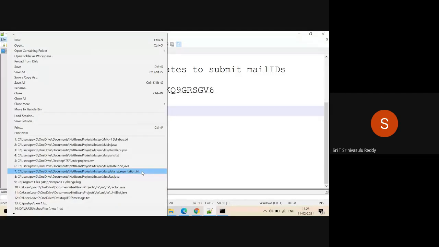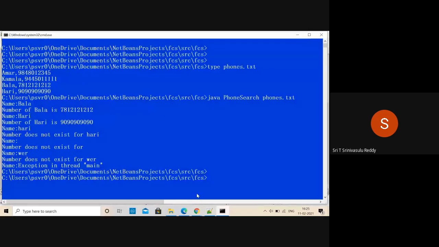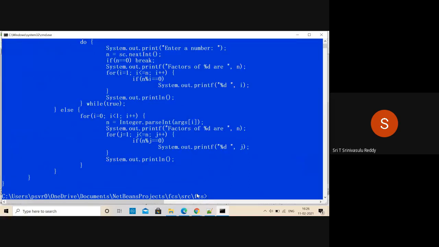I don't know which one actually contains it. Add 2 numbers. Factors is something more. I don't know what is there. Or the best thing is we can use our utility: Java followed by grep, followed by hasNext.